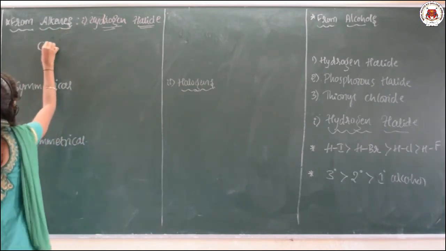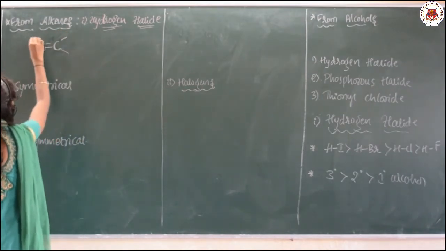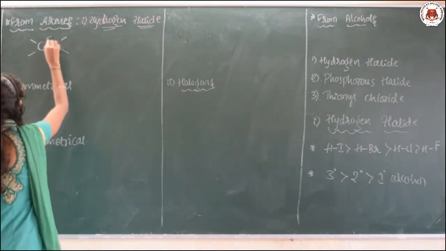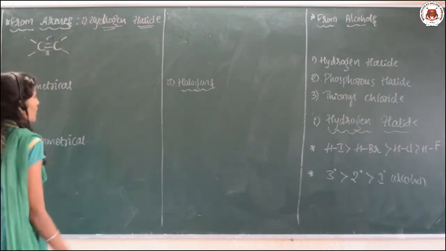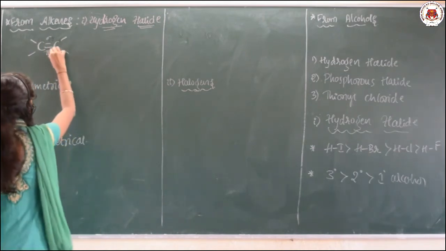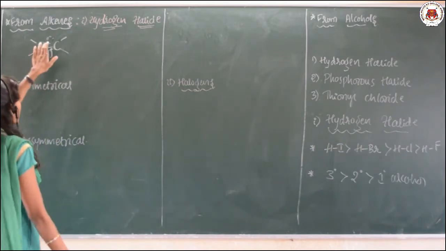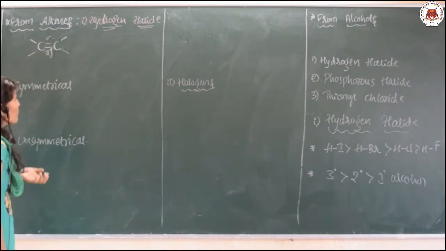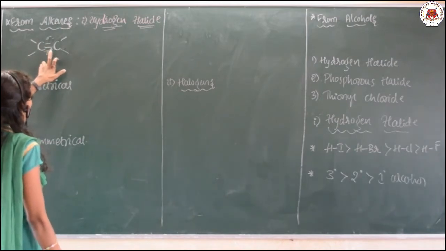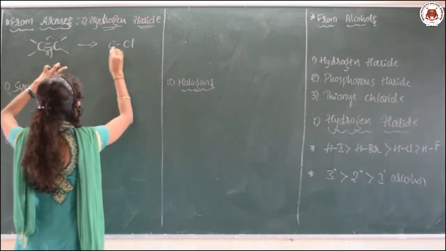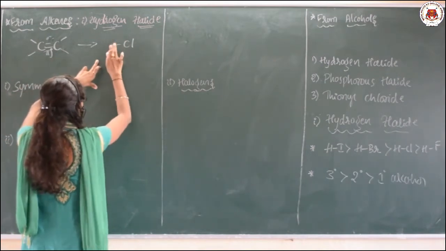As you know, alkenes can be represented by a carbon-carbon double bond. In this double bond, one of the bonds is a sigma bond and the other is a pi bond. It is very easy to break the pi bond, but it is not easy to break the sigma bond because sigma is very strong as compared with pi. So, we are going to break the pi bond and make this into a haloalkane, like R.